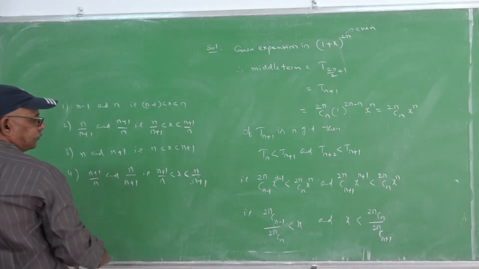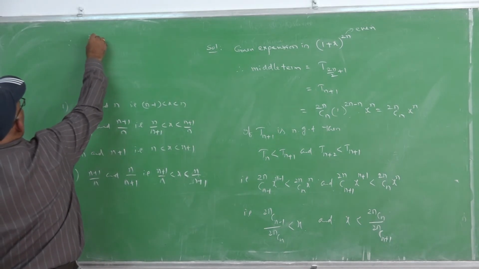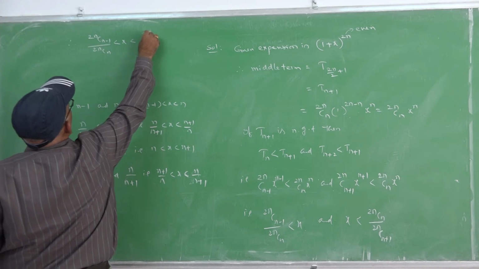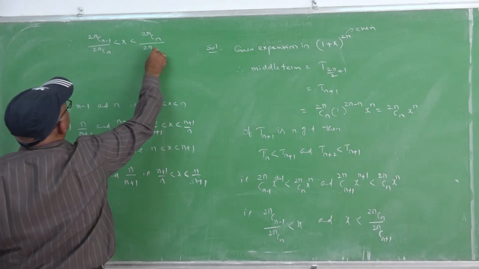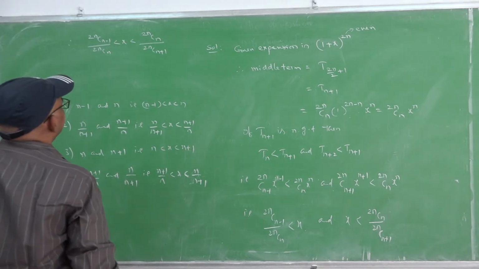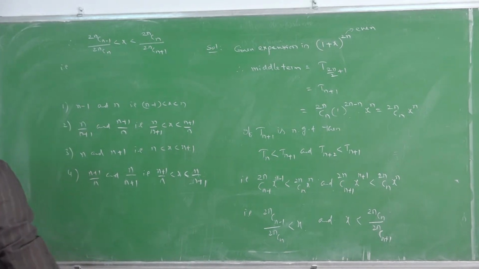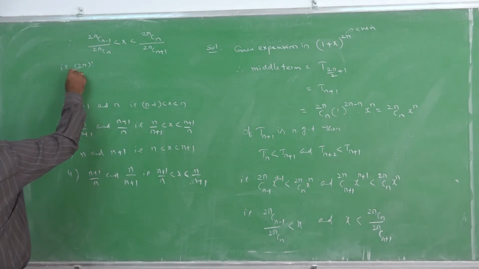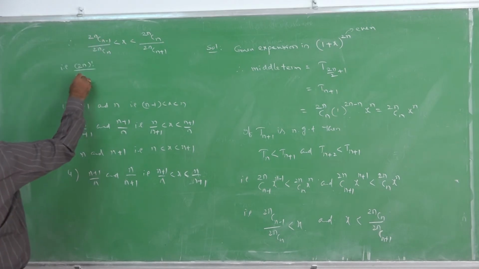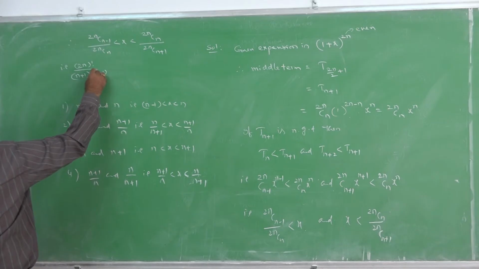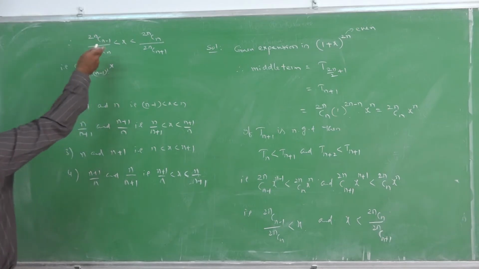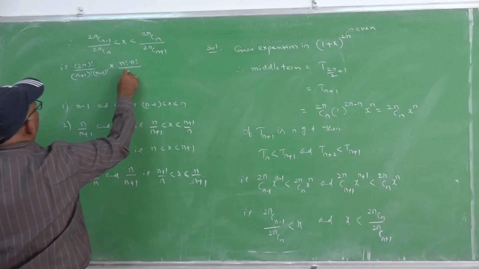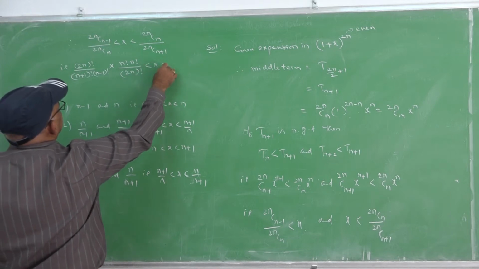So therefore, 2n Cn minus 1 by 2n Cn is less than x is less than 2n Cn by 2n Cn plus 1. Okay. On simplification, this is 2n factorial by 2n minus n plus 1 factorial into n minus 1 factorial. This is the numerator. Into reversing the denominator value, we get n factorial into n factorial by 2n factorial is less than x is less than.